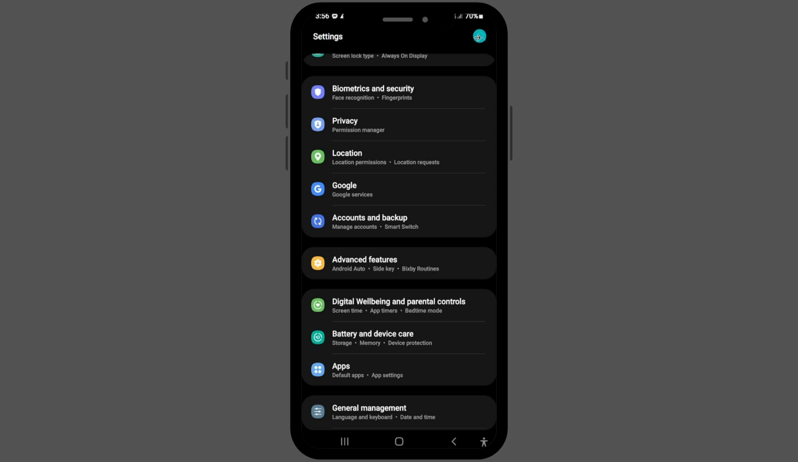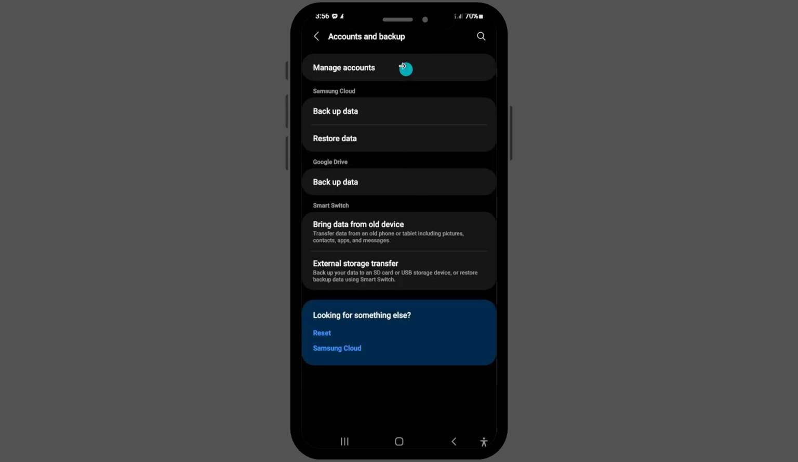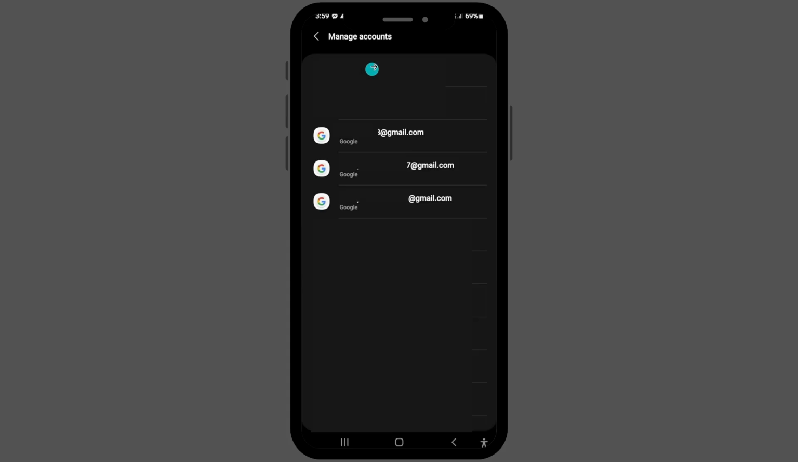Next, find and open Accounts and Backup. This section manages all accounts connected to your phone and how they sync. Inside, tap Manage Accounts. You'll now see a list of every account currently added to the device, including Google, email, and social apps. Choose the Gmail account you want to remove. If you have more than one Google account on the phone, make sure you're selecting the correct one by checking